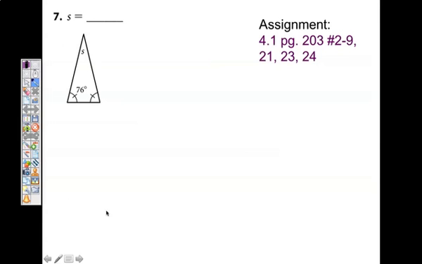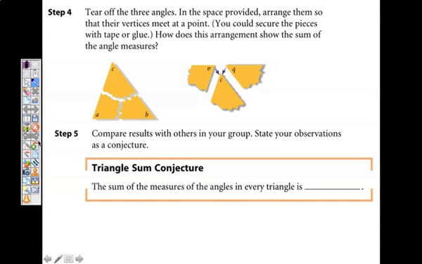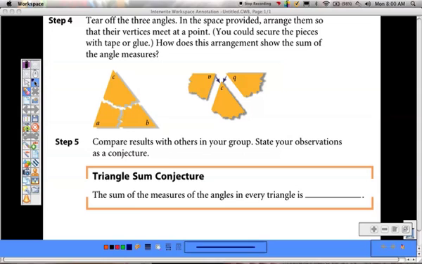There we go. So you should have gotten the sum of the measures of the angles in every triangle is